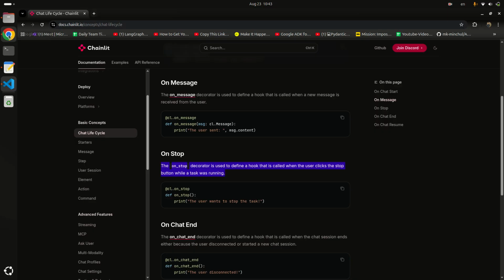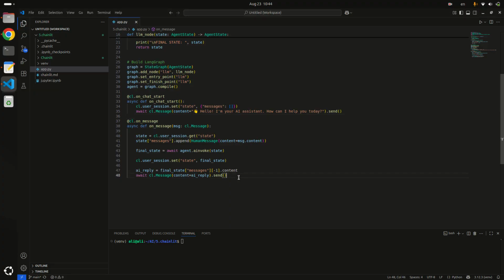If we come here on Chainlit documentation, it says the on stop decorator is used to define a hook that is called when the user clicks on the stop button while a task is running. It means, for example, if the LLM is generating the response and we click on the stop button, the LLM stops giving us the response. If I click here, copy this and paste here